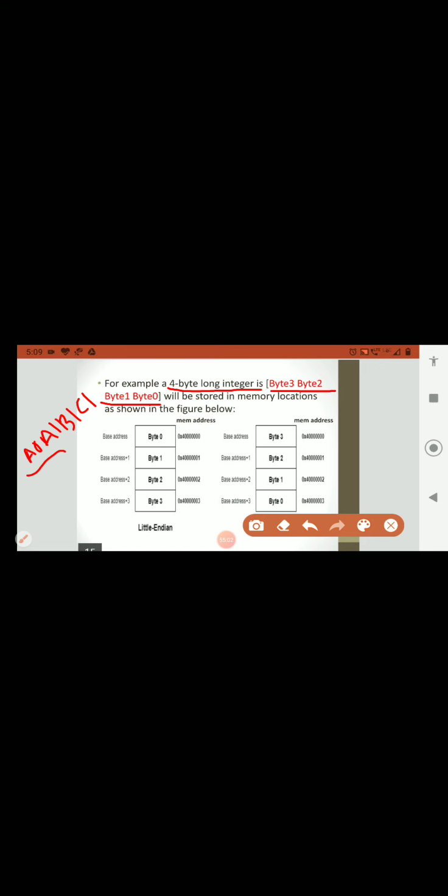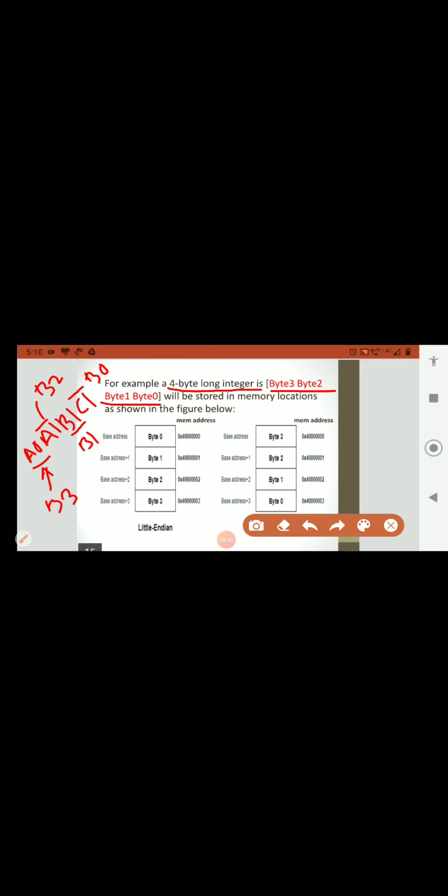So this is a total 32-bit data, you can see. Each number represents a 4-bit data. Since there are 8 numbers, that constitutes a 32-bit data. So this is byte 3, this is byte 2, this is byte 1, and this is byte 0.